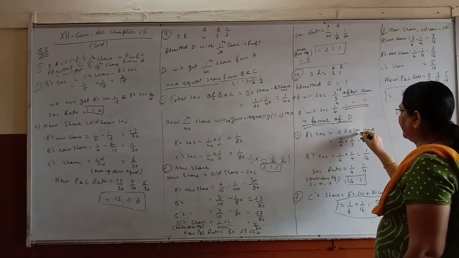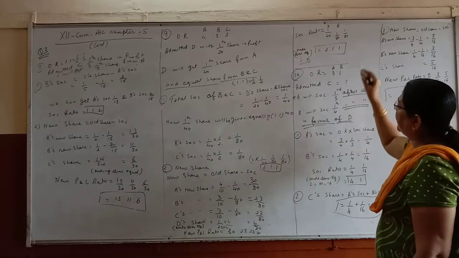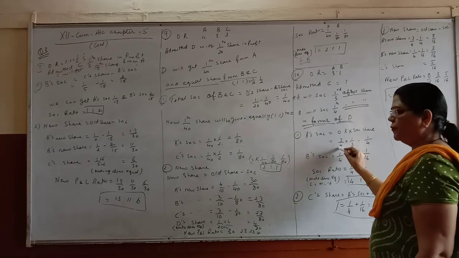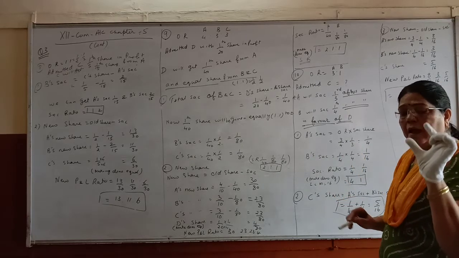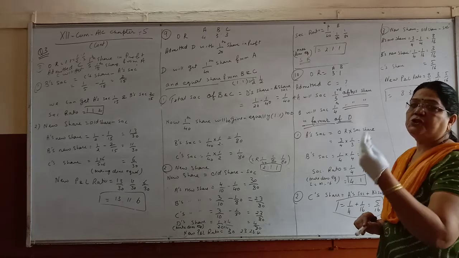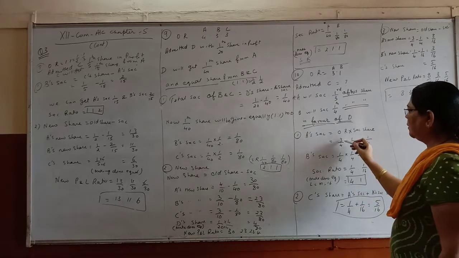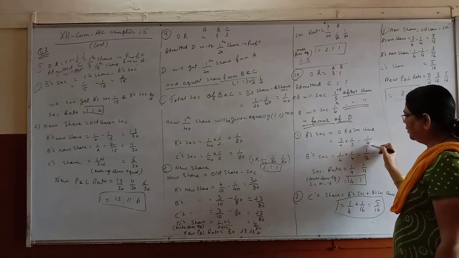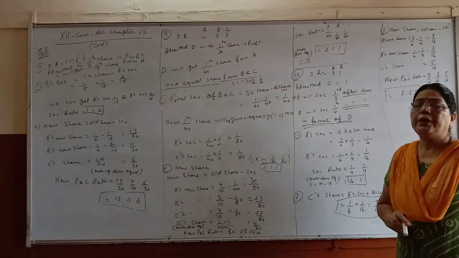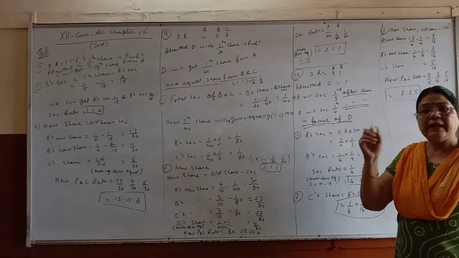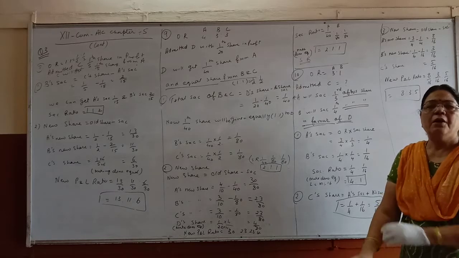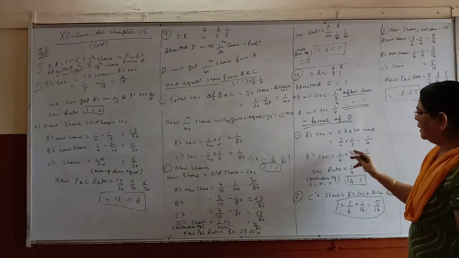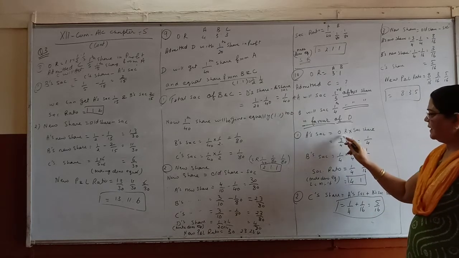Old share multiplied by sacrifice share. What is the old ratio here of A? 3 upon 4. So 3 upon 4 is his share, and 1/3 of his share will be how much? So 3 upon 4 multiplied by 1 upon 3 is equal to 1 upon 4. In multiplication, you need not find the LCM. You can cancel. Only in plus and minus we find the LCM to make the denominator equal. Here in multiplication you can cancel 3.